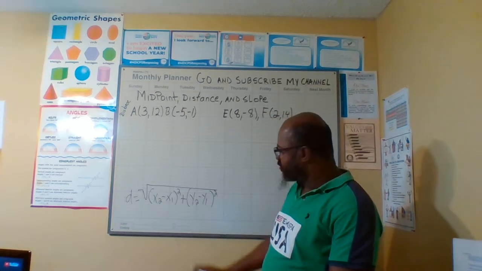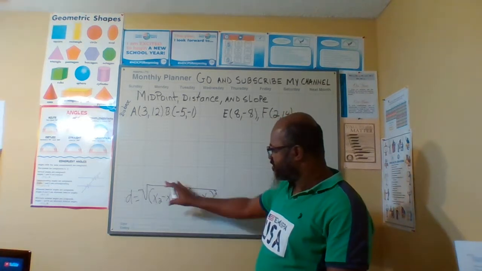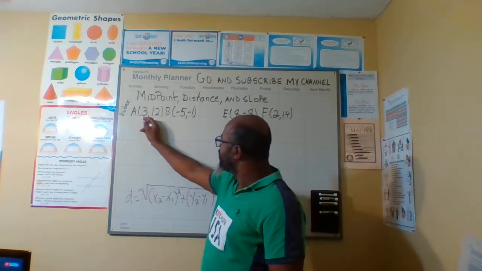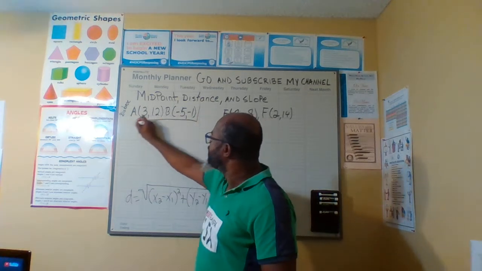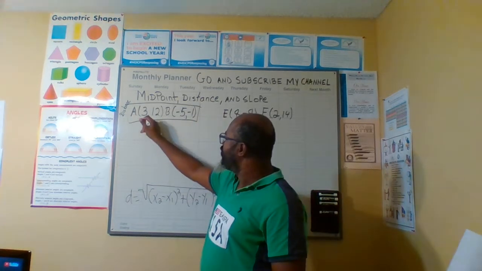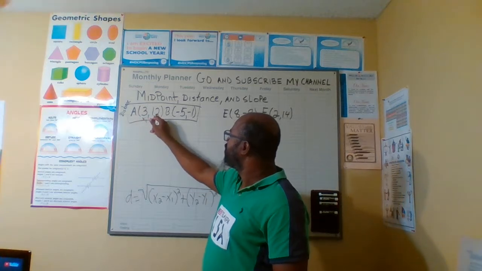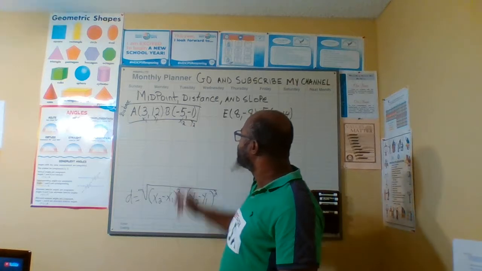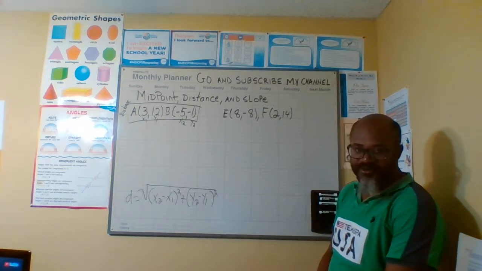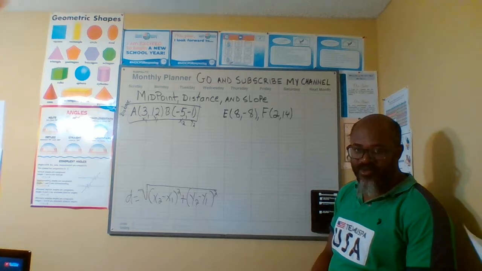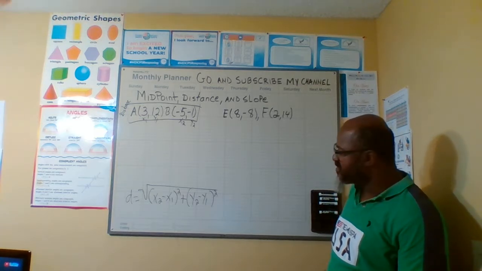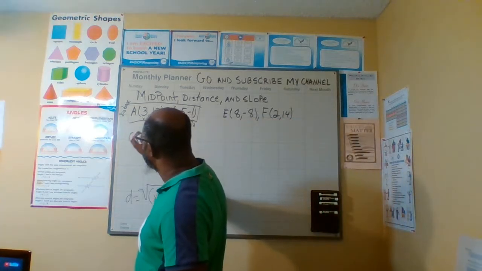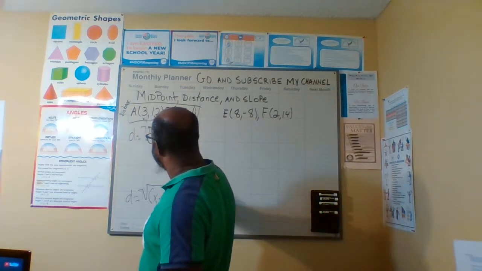Alright, once you write your distance formula, your first strategy is finding the distance between those 2 points, between A and B. Therefore, I labeled this x1, y1, x2, y2. This will make it easier for you. Now, once you complete that, you go to the distance formula and insert that information, which is D equals the square root of